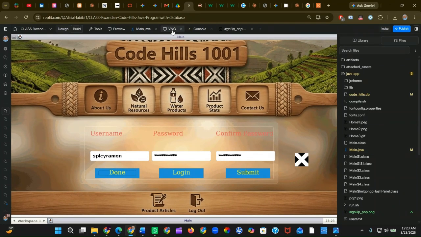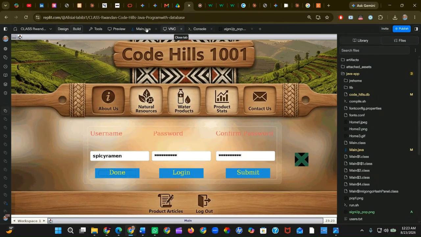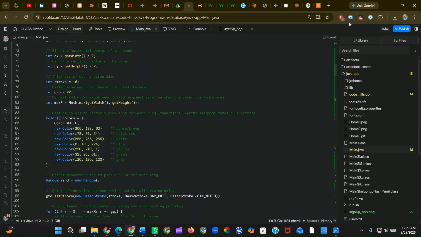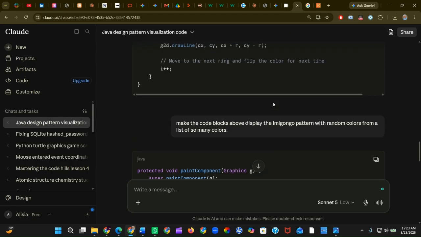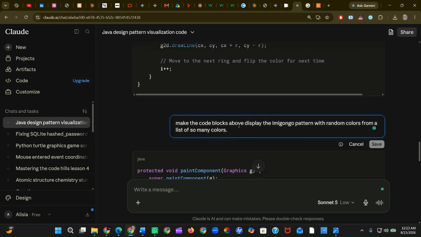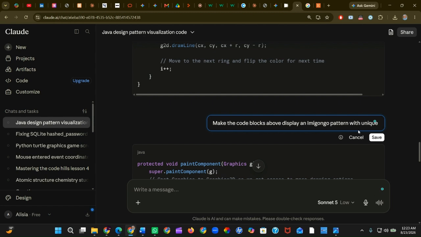You can go back to Claude and say, I want you to refine this code such that it will only give me a different... So, just come back here and refine your prompt and say, make the code blocks appear above. What we said was to display an Imigongo pattern with a unique color. You just have to know how to prompt it with a unique color